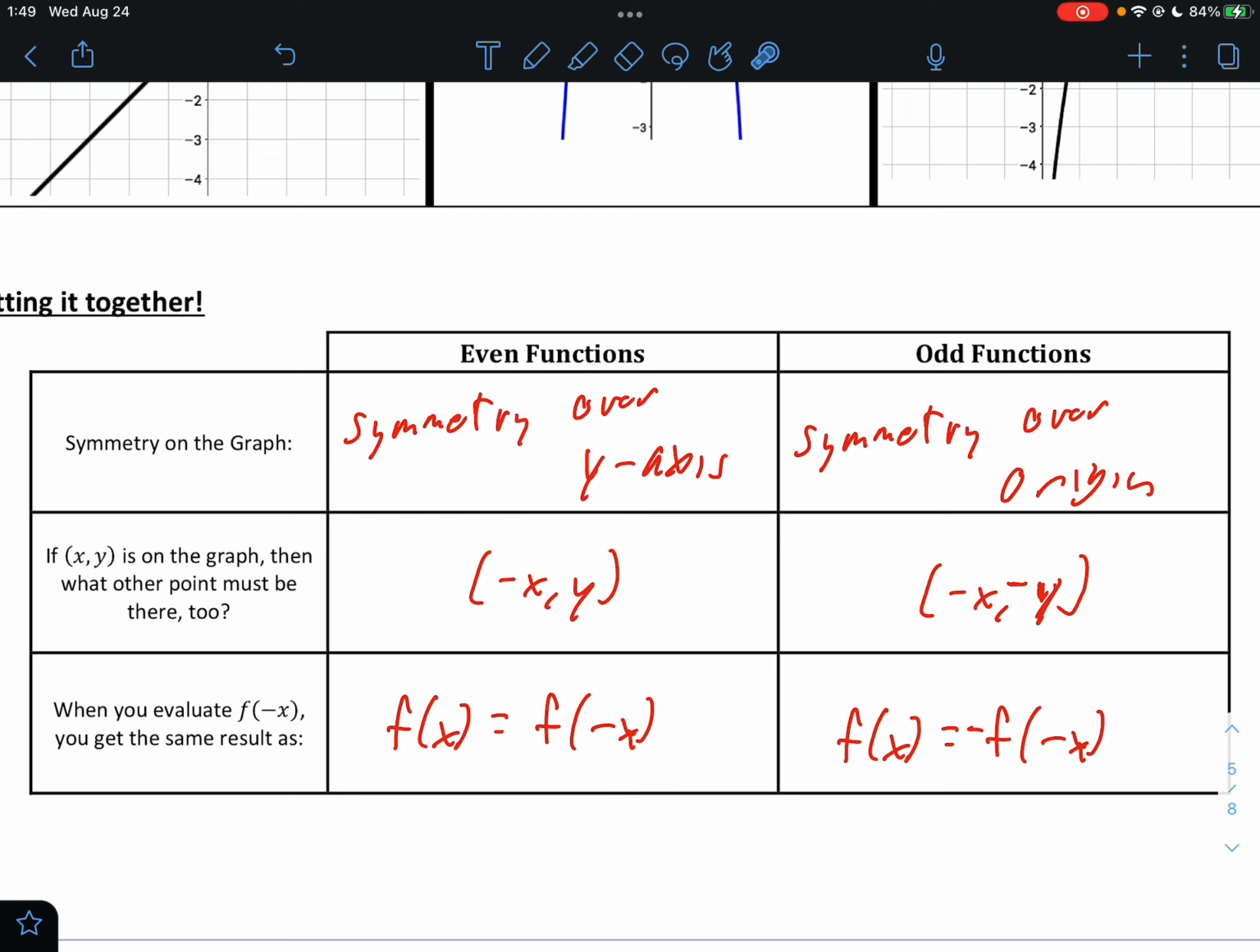For odd functions, they are symmetric over the origin. When you evaluate negative x, you get negative y. And if you put in negative x, you would get the opposite of f of x. So f of negative x equals the opposite of f of x. So that's a lot to take in there. Let's take a look